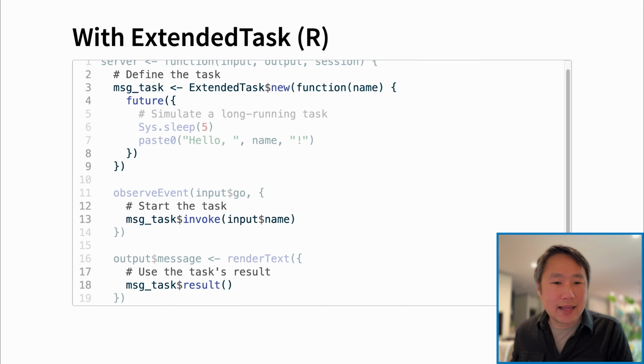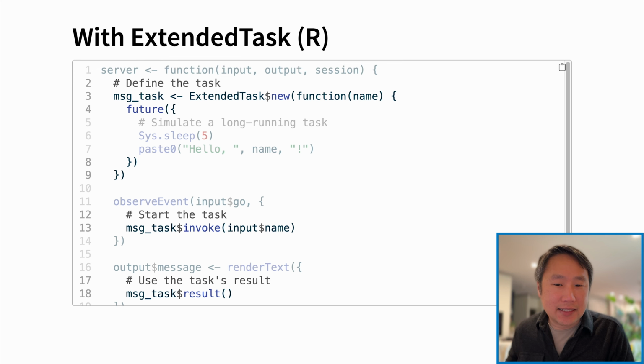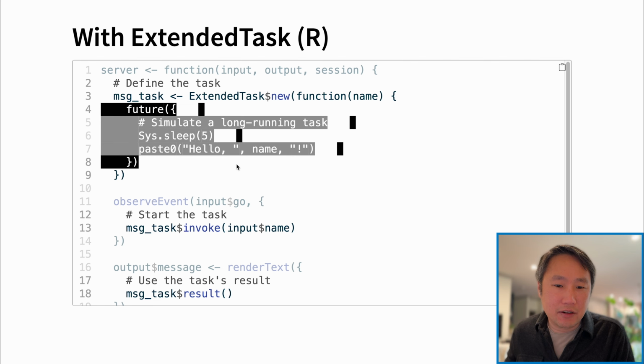Now, porting that to extended task looks like this. First, we take that long-running operation, and instead of having it in a regular reactive or event reactive, we put it inside this new extended task R6 object, which we hand a function to, which does the slow operation.